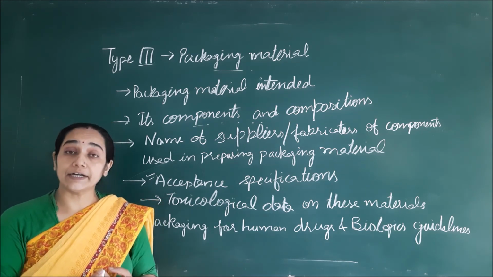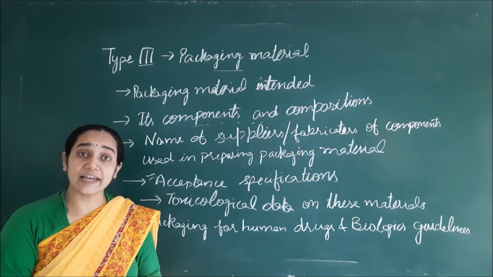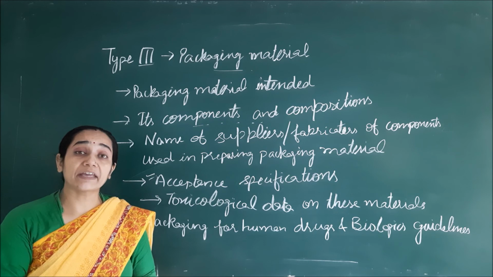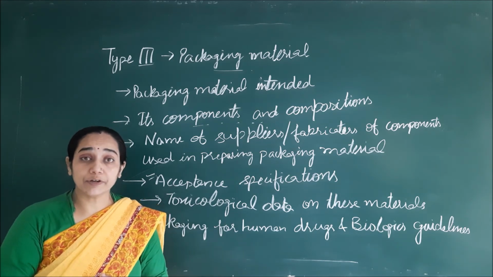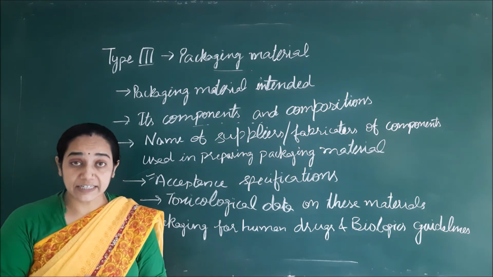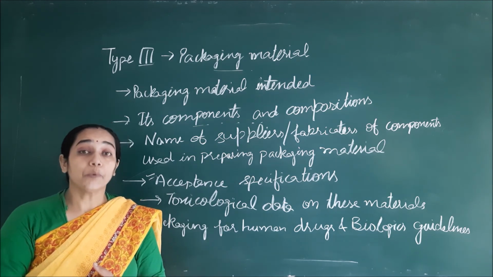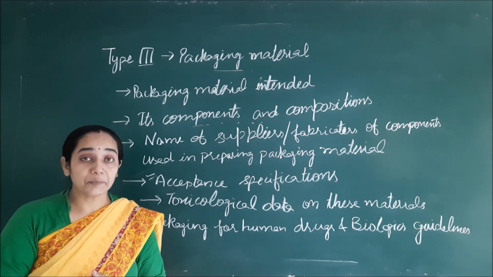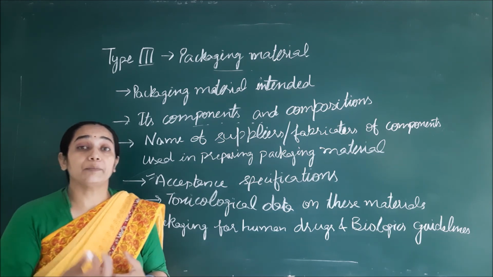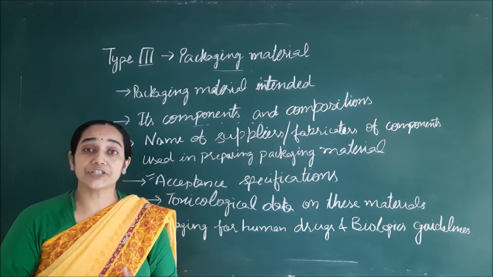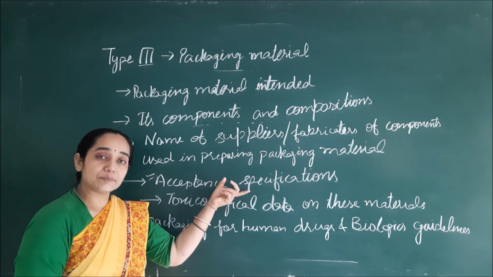and the acceptance specifications will also include the tensile strength of the container and the fragility of the container, meaning how fragile it should be for a particular kind of packing. If I am using a plastic container, then what will be the plasticity of the container and its tensile strength, and how much shear it can experience at the time of transportation, or when the container may slip from the hand of the customer or the user, and whether it will be able to withstand that kind of shear. So all these acceptance specifications will be provided under this subsection.